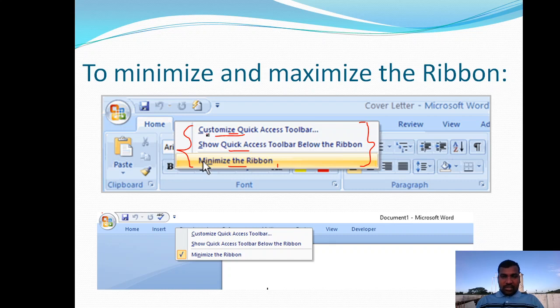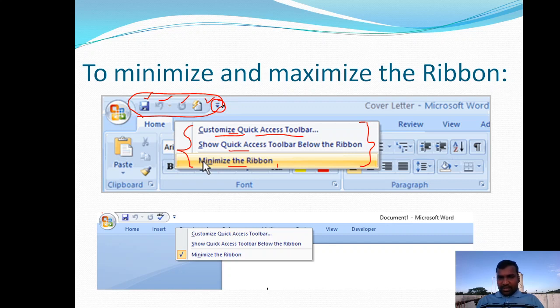First of all, you need to know where the quick access toolbar is. Here, this is the quick access toolbar. In it, this is the save command, these are the redo and undo commands, and this is a new command. This drop down menu is also there.